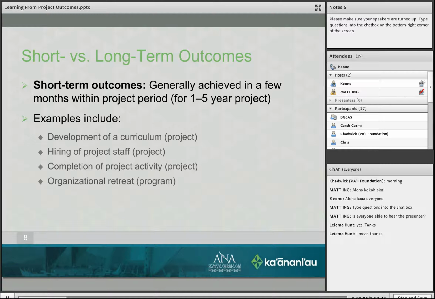The hiring of project staff, again, project outcome. Completion of project activity, again, another project outcome. An organizational retreat, which is more programmatic but also has implications towards the project that is being fulfilled at the moment.